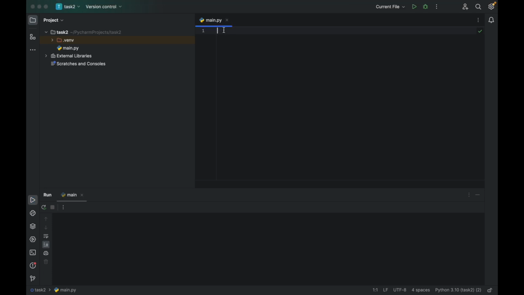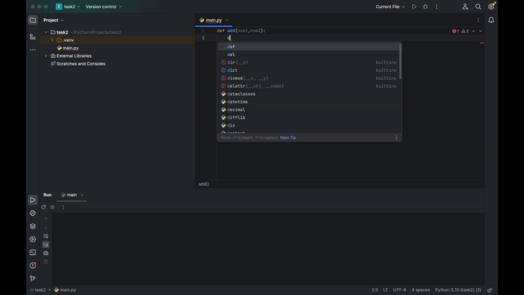At first, I'll make a function and the keyword is def, then space. I'll write the name of the function. For example, if I want to add two numbers, I can write the word as add or add1 or anything that you want. So here I'm writing add and then the round brackets. After that, I'll add the variables that can be passed as arguments. So first num1, comma, num2, and then after that, I'll add the colon. Enter, then d equal to